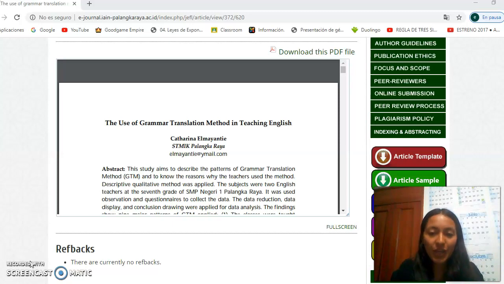My topic is the use of grammar translation method in teaching English. When you are reading a research, usually you can determine if a research is qualitative or quantitative